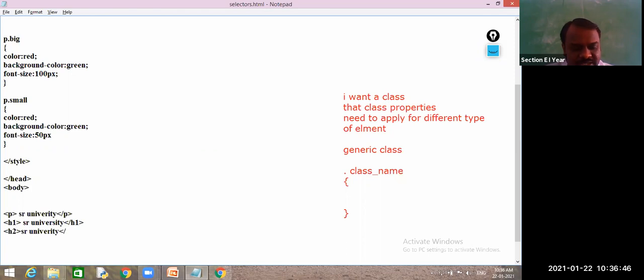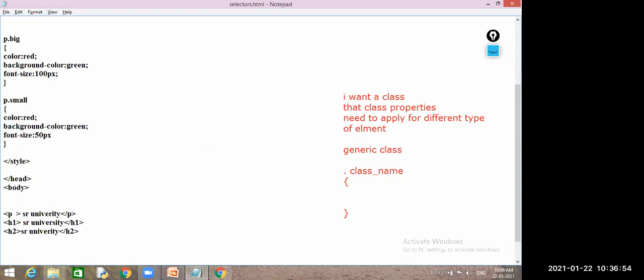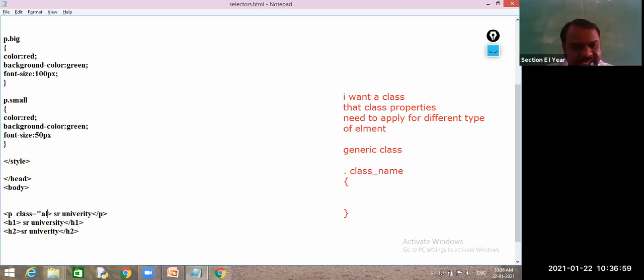Here how many elements do we have? Three, all different elements. So I am applying class as all to each of them.